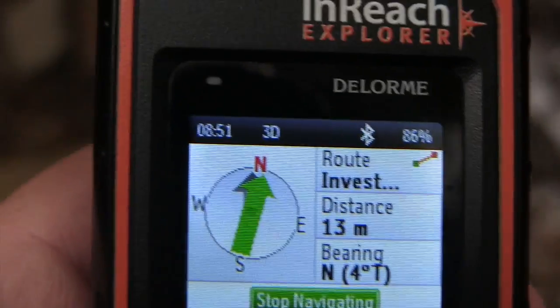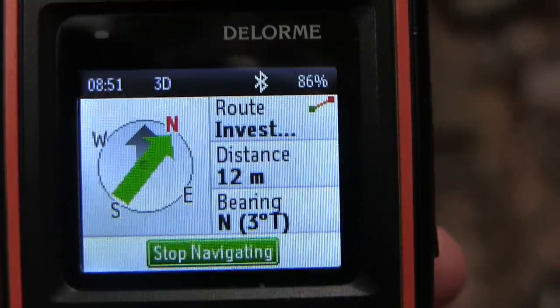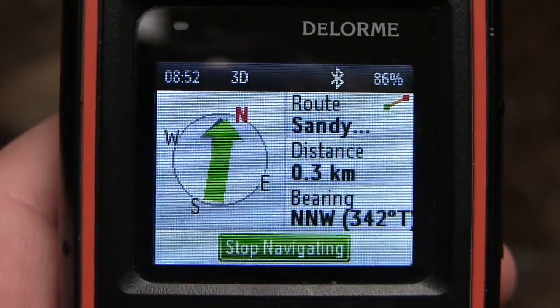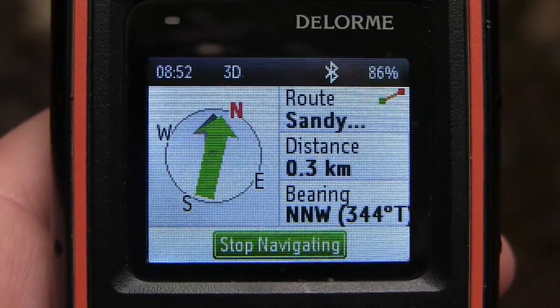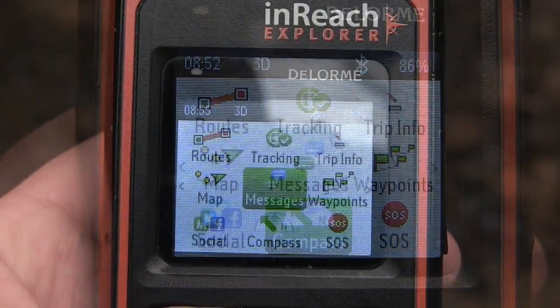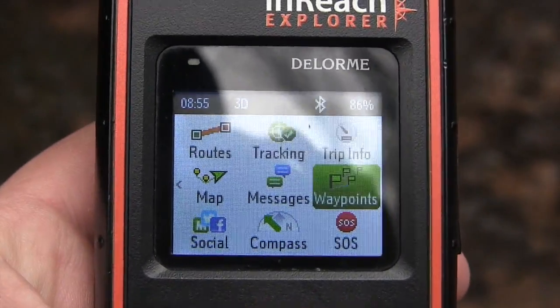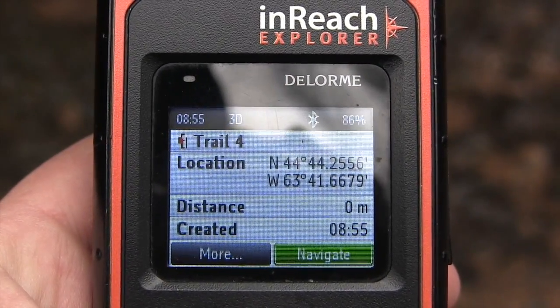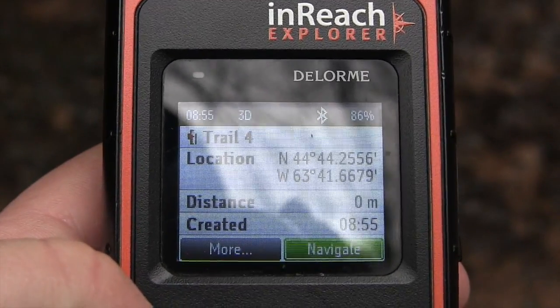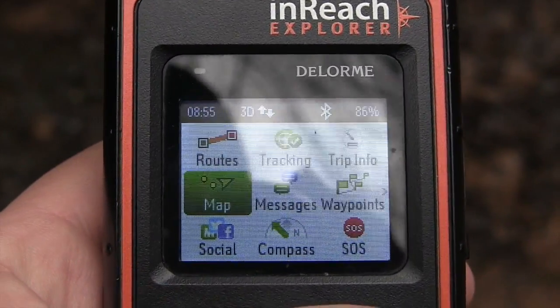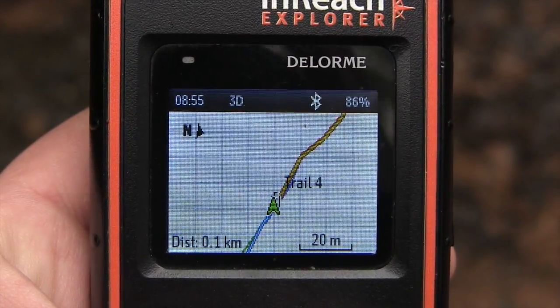If we didn't have a waypoint, it would be the start and end point of our route, but as we're getting closer to our waypoint, and notice here that we're changing, the next destination is the endpoint of our route. Now, along our hike here, we notice a side trail. We're going to mark a waypoint here, and we're going to go off trail and show you what happens when we go off trail while navigating our route.